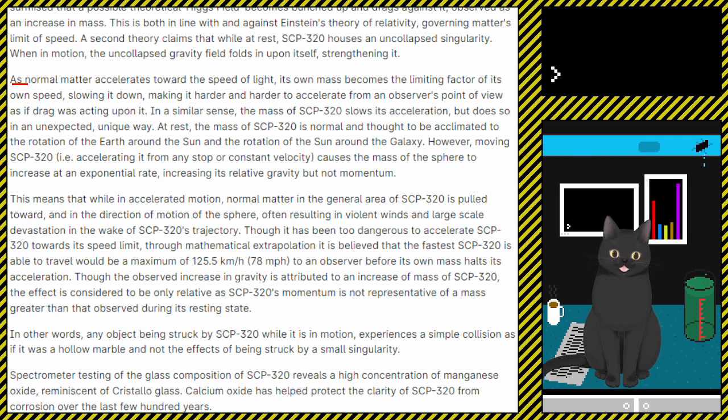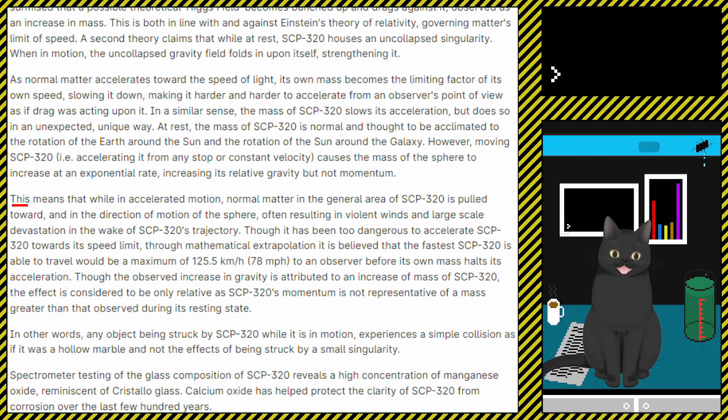However, moving SCP-320, i.e. accelerating it from any stop or constant velocity, causes the mass of the sphere to increase at an exponential rate, increasing its relative gravity but not momentum. This means that while in accelerated motion, normal matter in the general area of SCP-320 is pulled towards and in the direction of motion of the sphere, often resulting in violent winds and large-scale devastation in the wake of SCP-320's